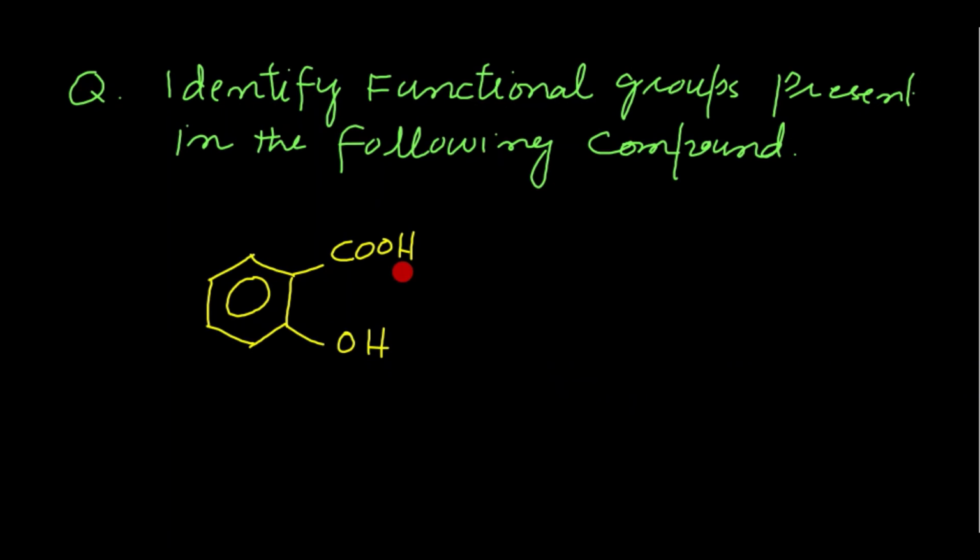In the next question, we are asked to identify functional groups which are present in this molecule. A molecule is given in front of us. Here we have a molecule, right, students, and we are asked to identify which functional groups are present in this molecule. Now students, solve this question. Here we will notice a COOH group. A COOH group, this group is known as a carboxylic group. So which functional group is present? Carboxylic acid. Carboxylic acid, right, students?